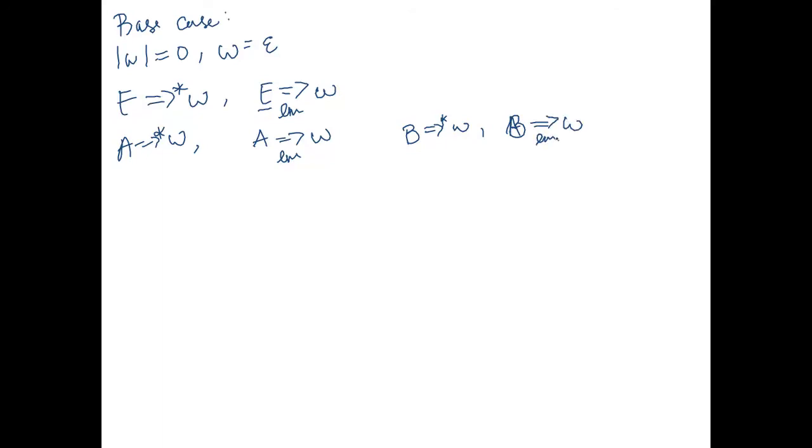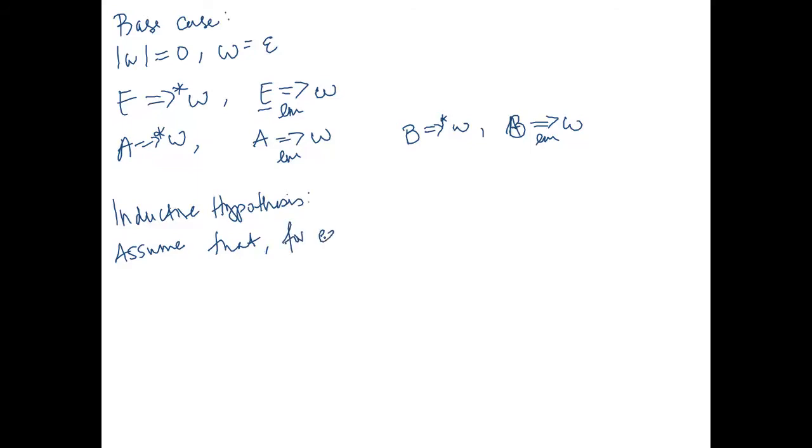Okay. So this handles our base case when w is epsilon. We always have a leftmost derivation from any variable to epsilon. Okay, so our inductive hypothesis says we're going to assume that